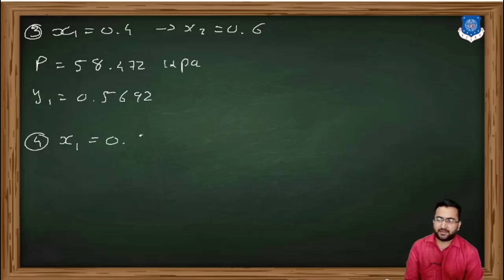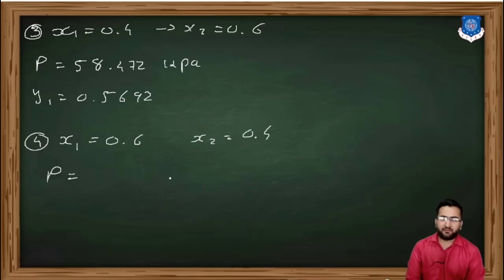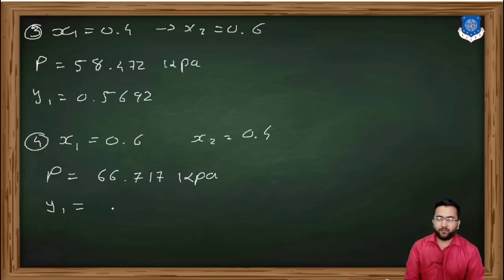Again, for iteration 4, we assume the value of x1 is 0.6, so x2 becomes 0.4. Using the bubble point equation, we can find the value of pressure by putting these values of x1 and x2 in the bubble point equation. The pressure is 66.770 kilopascal. Putting the value of pressure in Raoult's law, we can find y1 for the 0.6 x1, which is